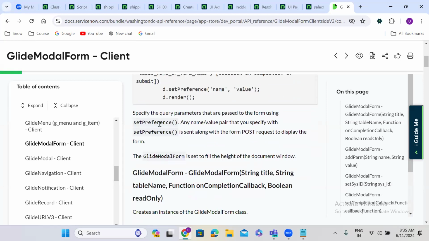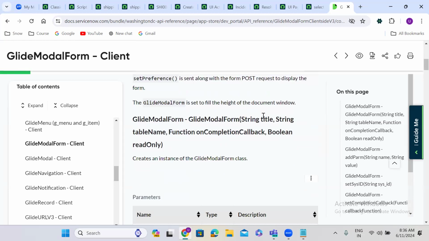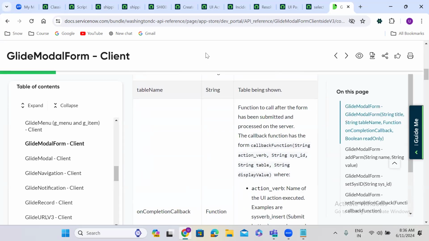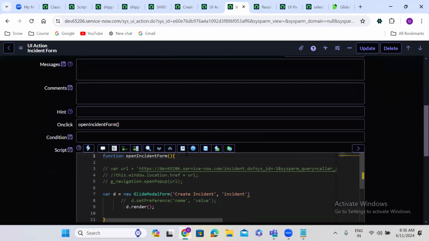So set preference. Set preference is actually specific query parameters that are passed to the form. If you want to pass values from here, from the UI action to the form,